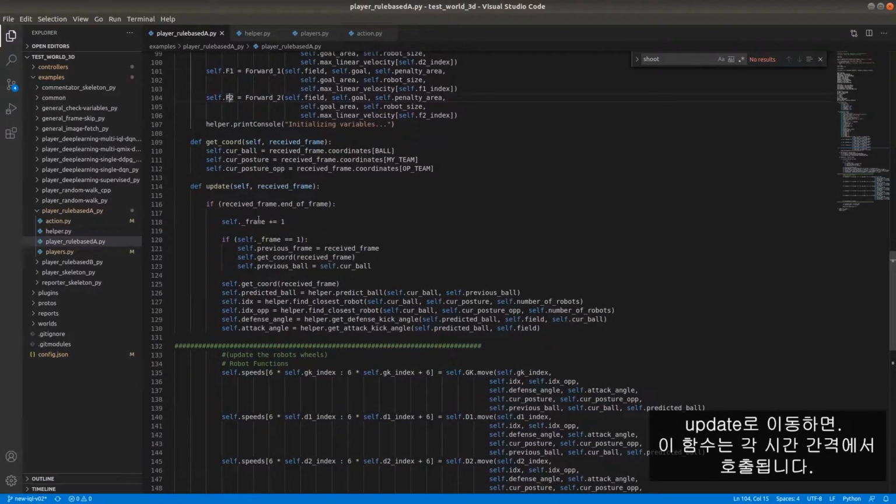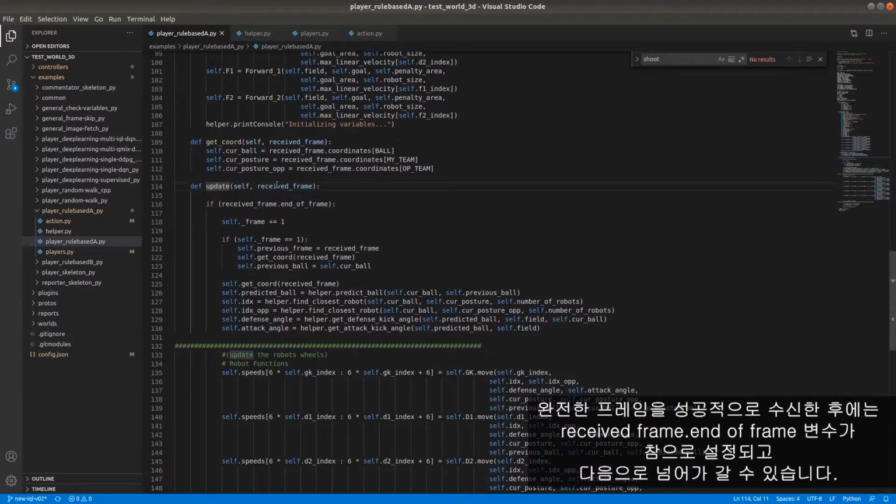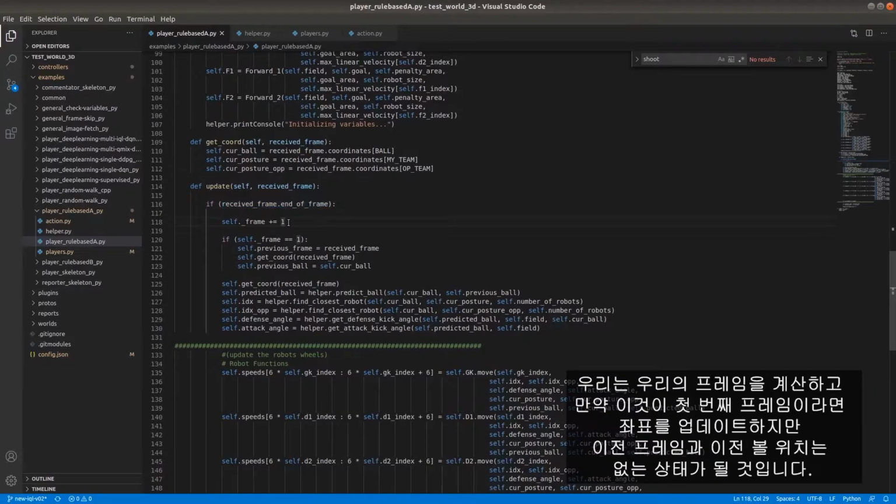So let's go here to the update function, that this function is called at each time step. So we receive the frame. After we successfully receive the complete frame, that this flag end of frame is true, we can start our logic here. So we count that our frame is counted +1, and if it's the first frame, we do not have previous frame because this is the first one. So the previous frame receives the current frame, and we call the get coordinates